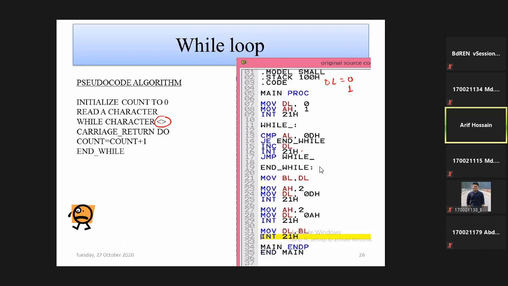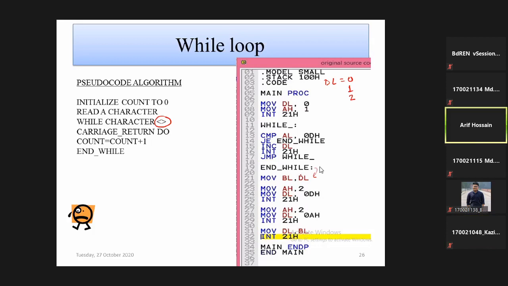Say another character has been given and you jump to while. Again you come over here and compare that character with enter. Assume this is again not enter, so this condition is false. Again it will increment to 2 and this process will move on. When you press enter, this condition will be true, so jump equal to end while. So it will come over here. Whatever value you had in DL,